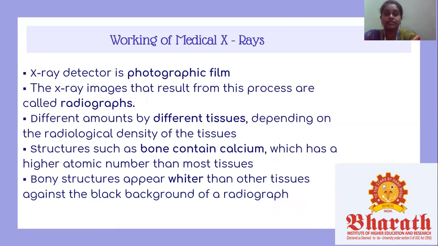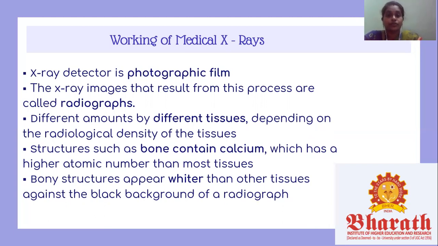Working of medical X-rays. X-rays are a form of electromagnetic radiation, which is similar to visible light. But unlike light, these X-rays have very high energy and can pass through most objects, including the body. So medical X-rays are used to generate images of tissues and structures inside the body. If X-rays travel through the body, they also pass through an X-ray detector on the other side of the patient. An image will be formed that represents the shadows formed by the objects of the body.